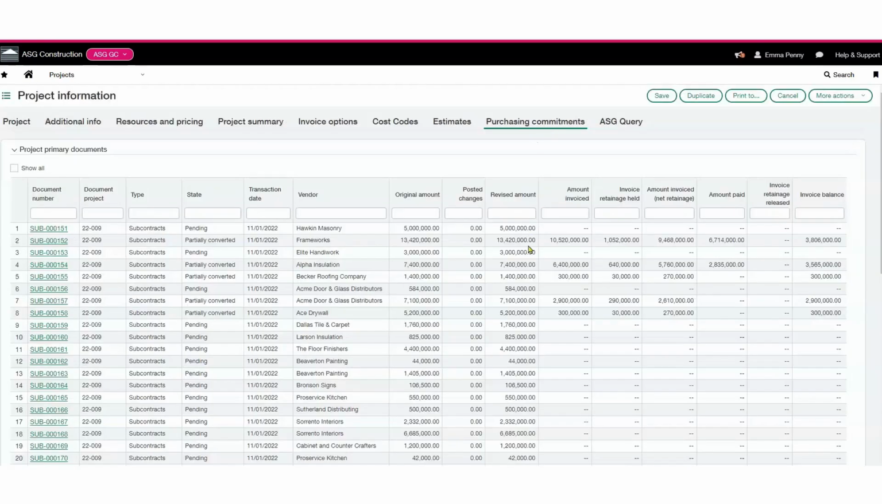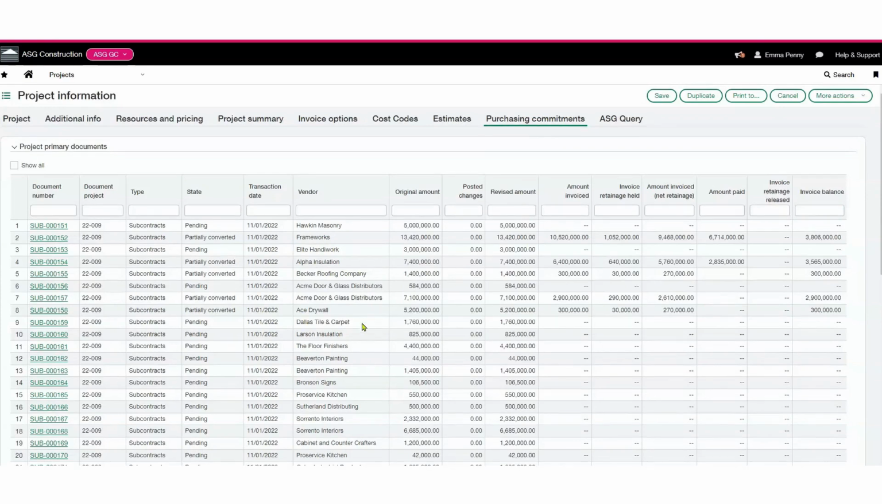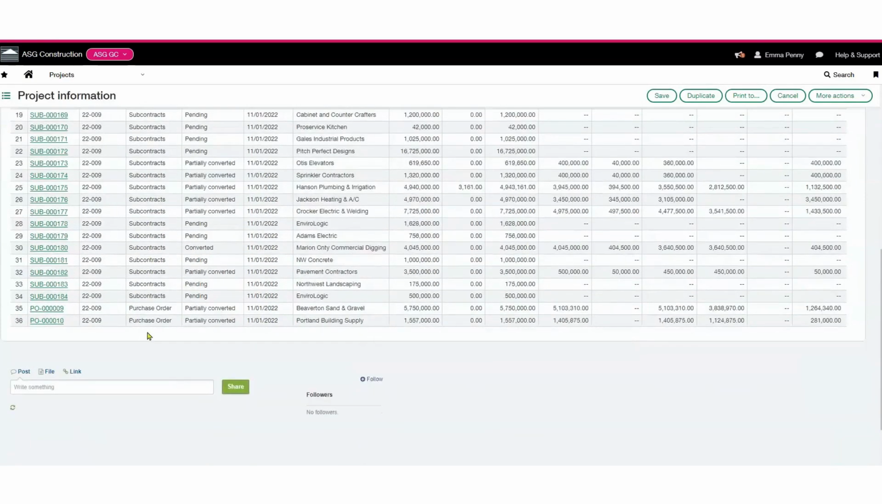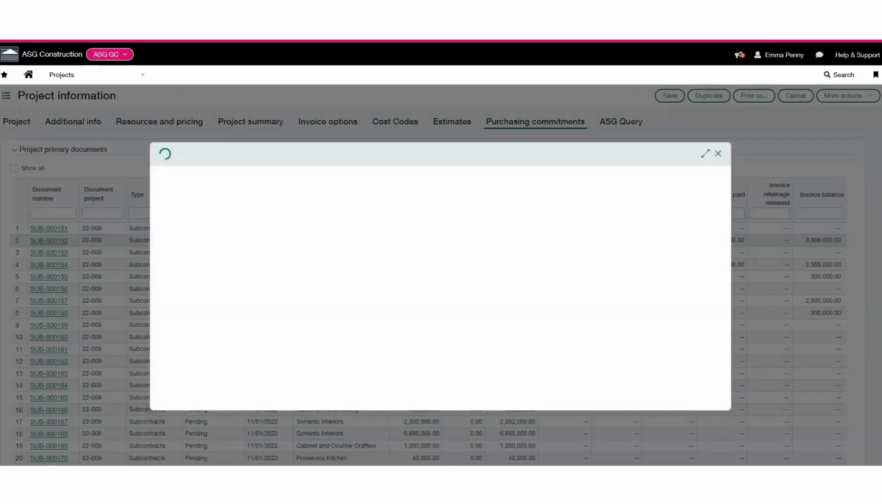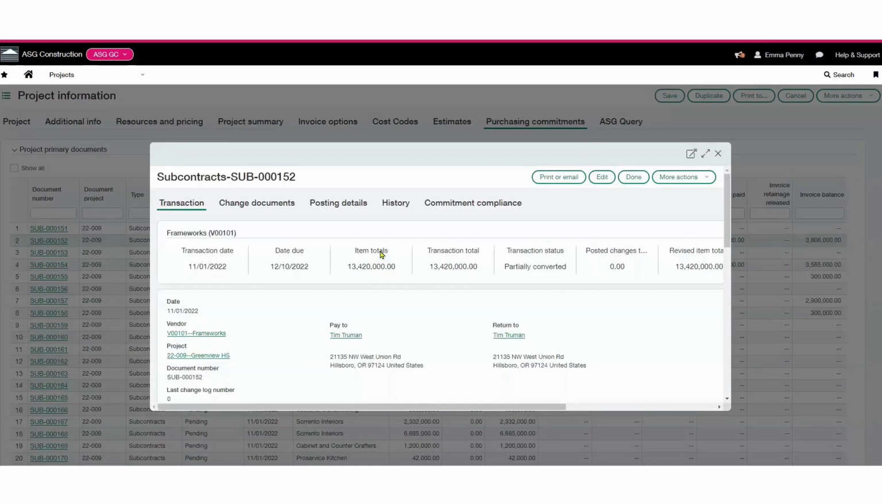With my Purchasing Commitments tab, this is going to allow me to see all of the subcontracts as well as purchase orders relating to this job. In addition, I can see for each one the original amount, changes, revised amount, what has been invoiced, what has been paid, and the invoice balance. Once again, I can select a green hyperlink that is going to open up the subcontract,